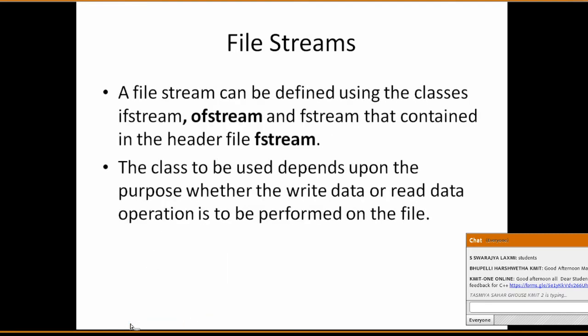A file stream can be defined using classes. What are the file stream classes we have?